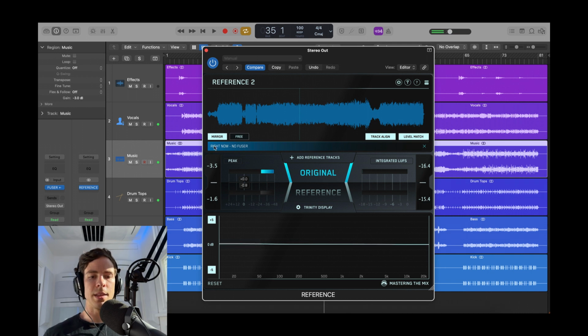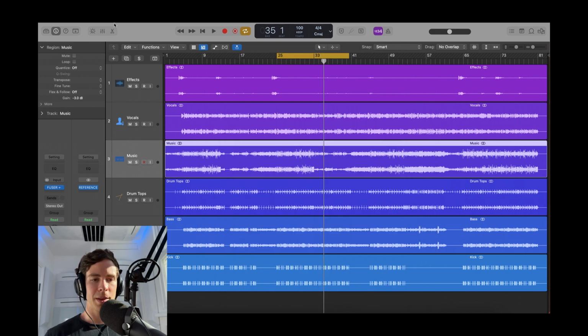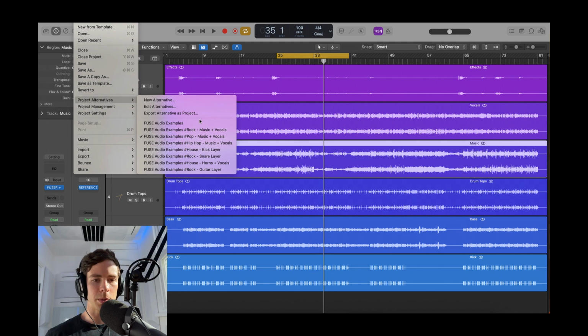That bass in the reference track is just burying the kick. Again, it's subtle, but when these things are all brought together at the end of the mix, it can really improve the sound. So let's have a look at another example.